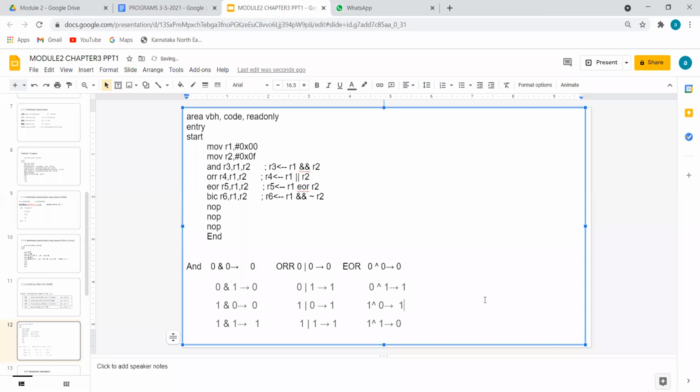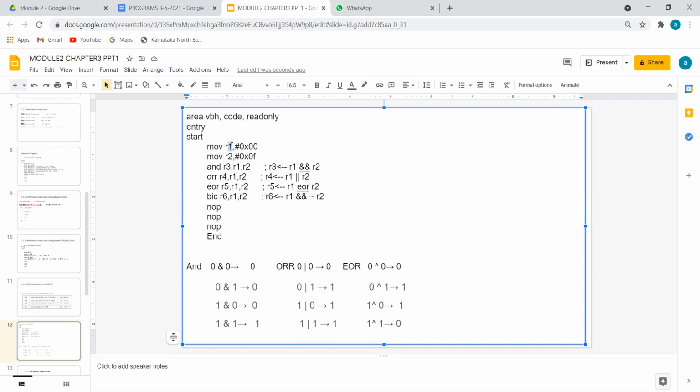So how to remember the answer of exclusive OR? If the two symbols, or two bits, that we are comparing are the same, the output will be 0. If they are different, then the output will be high. So this is how to remember. Now can you give the answer of the programs like how I asked? I will show it also in the software environment.